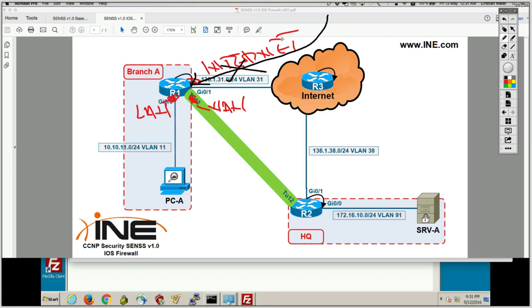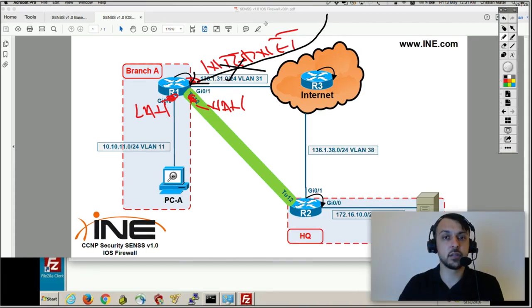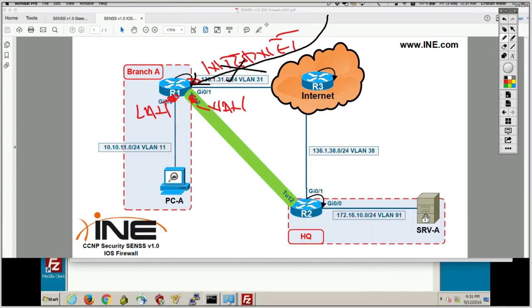Of course, zone-based policy firewall cannot match on non-IP traffic, which means you're still susceptible to an attack from the internet, which you have to fix via control plane policing or protection. But for IP traffic, I want to drop all incoming IP traffic initiated by the internet and destined to the router, to the self zone.